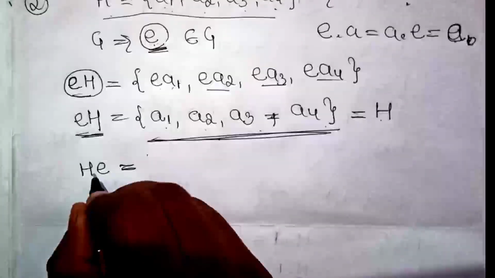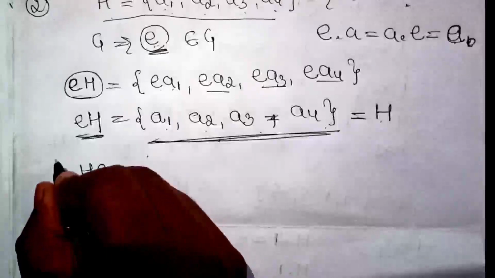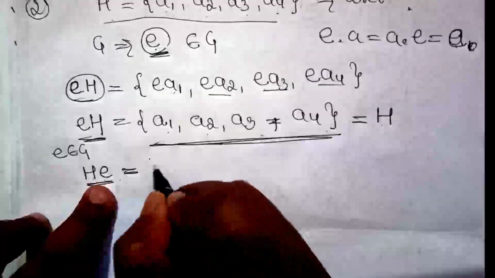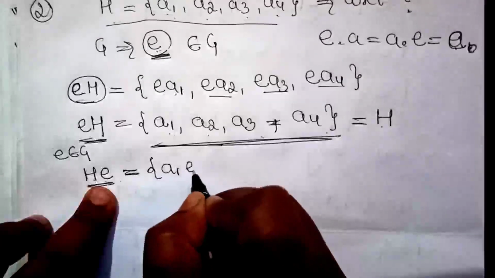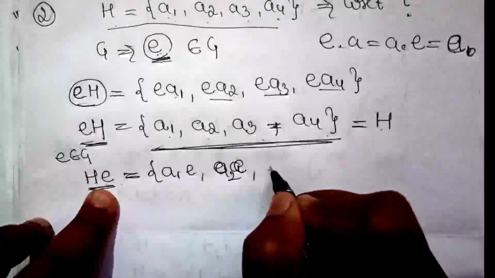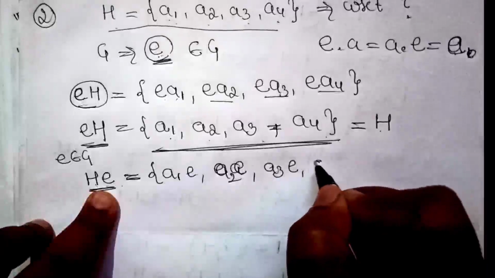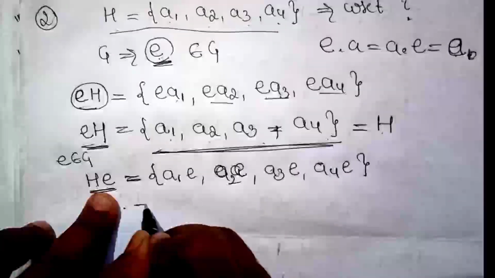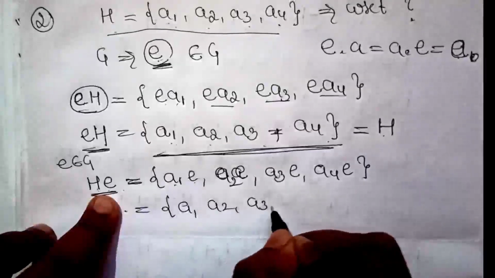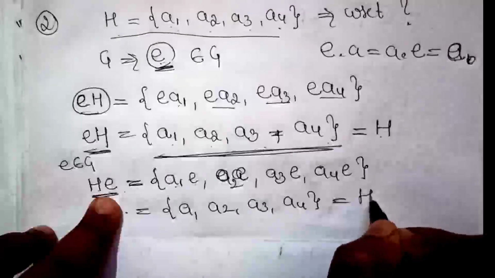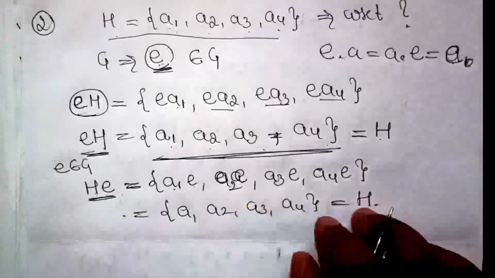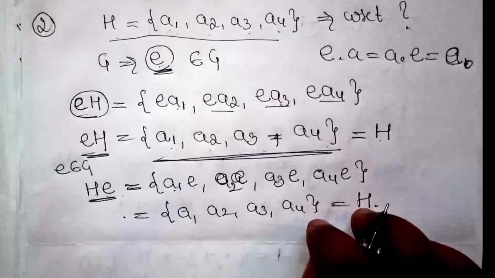Similarly we can form the right coset. See here, again E belongs to G, we are forming the right coset, therefore H dot E equals, we get A1E, sorry, A2E, A3E, A4E. Okay, again we get the elements A1 dot E equals A1, A2, A3 and A4, which is again a subgroup H. Therefore, always remember that H, any subgroup of G, itself is a coset.